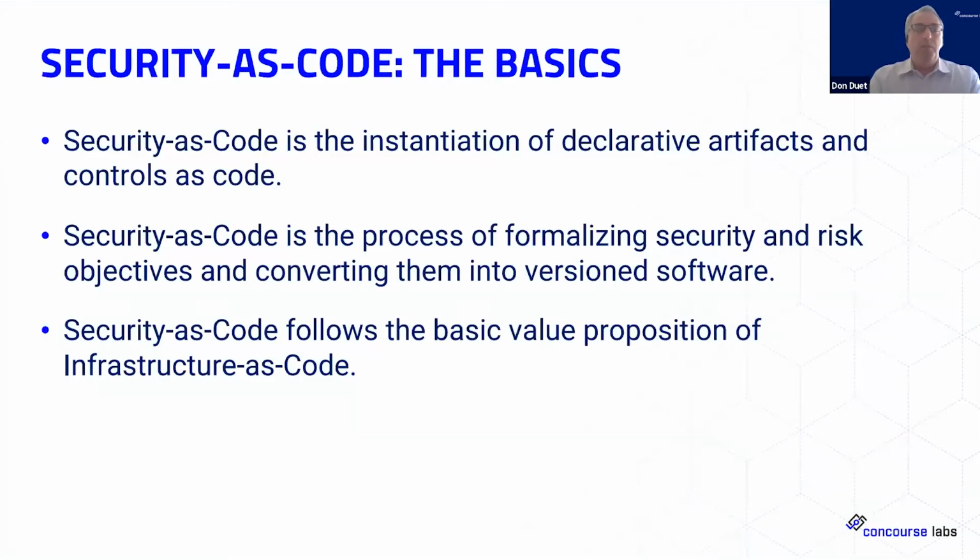So let's start with the most basic question. What exactly is security as code? What does it mean? Like many industry concepts or terms, there could be a lot of different perspectives on that. We really look at it as having three fundamental components. Number one, it's code. It's ultimately saying shift the way that we think about the application of controls and security into a manner that's actually being codified, that you're writing software in some shape or form to implement and ensure that your objectives and needs from a security and control perspective are being met.